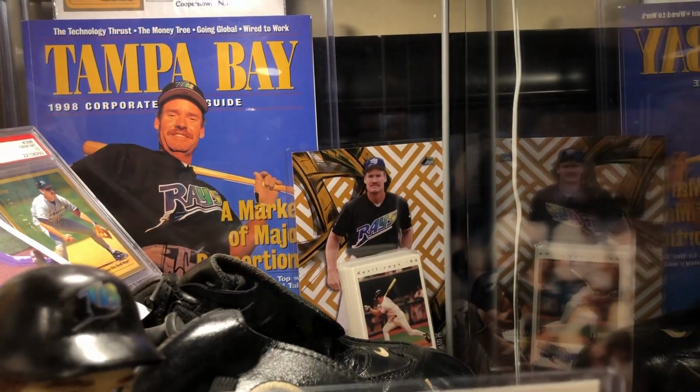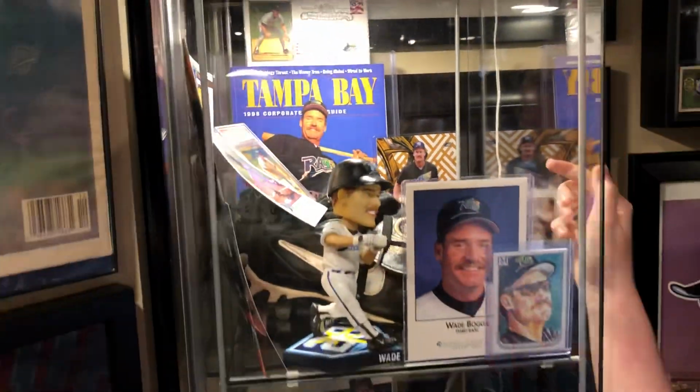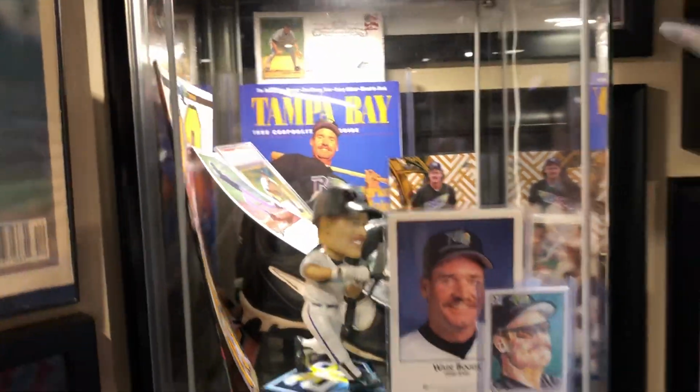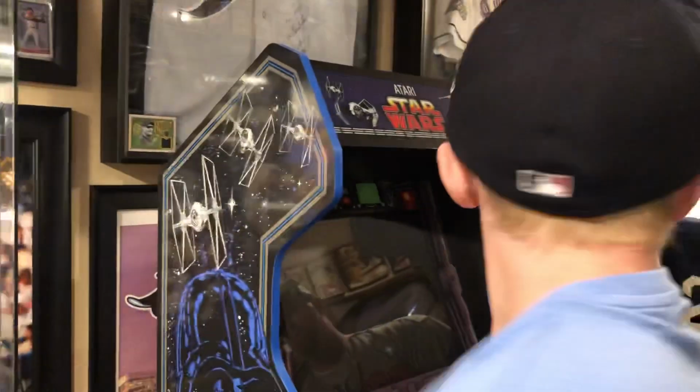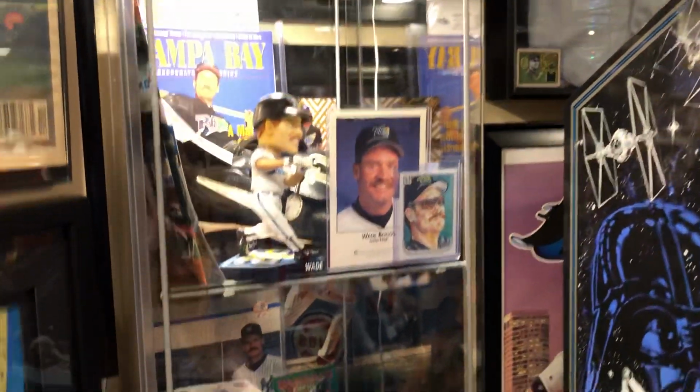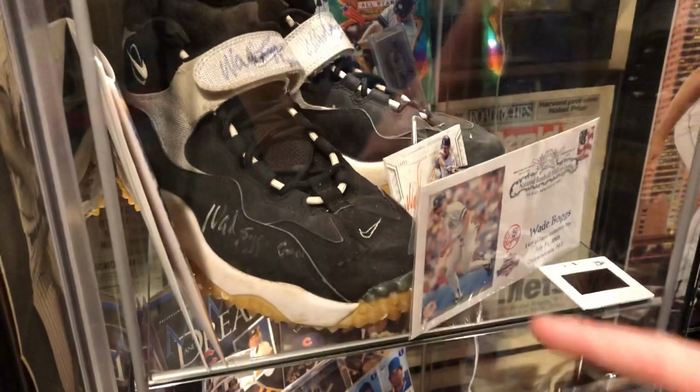5x7 card right there, and then a PSA 10 of the 1999 Topps gold card. So that's his last Topps card, right? Yeah, that would be his last one. And down here is a 1999, pretty unique pair of Yankees